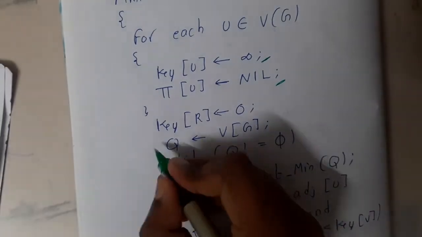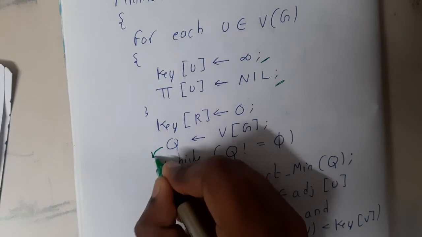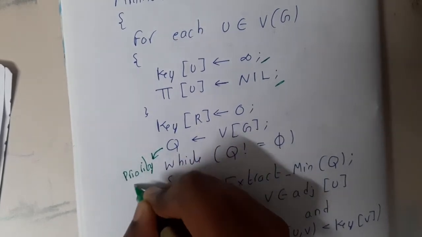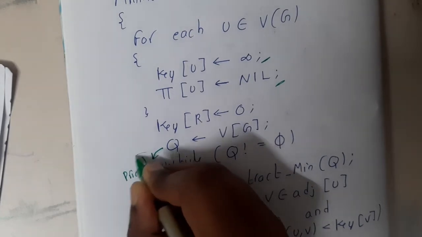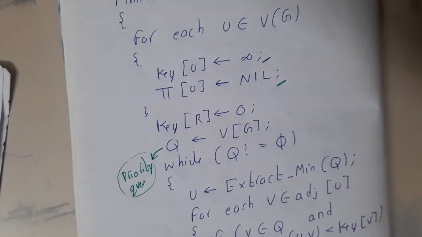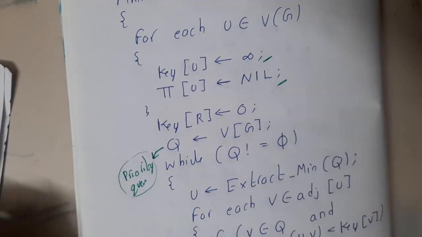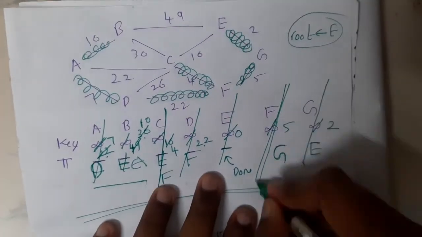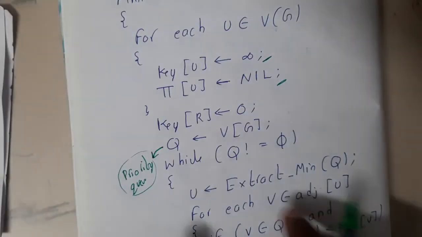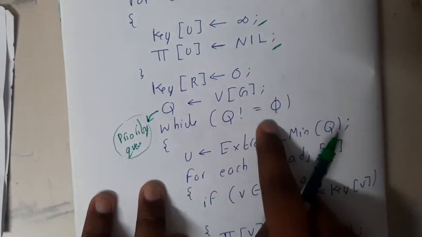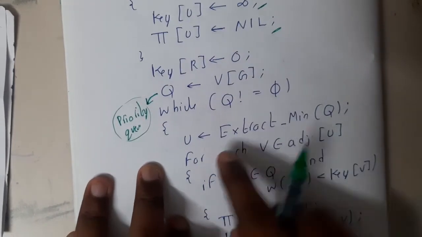Remember this. This Q is a type of priority queue, guys. You might be asking what is this priority queue then? This priority queue will always pop out or dequeue the minimum element, guys, because every time I'm saying which is minimum, I'm striking them, right? That operation is done by this Q only. Remember that. So while Q is not equal to empty, we'll be doing our thing.